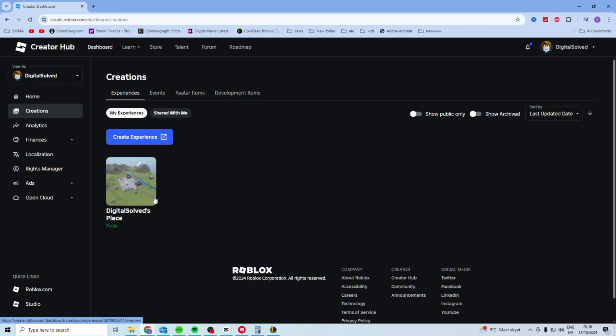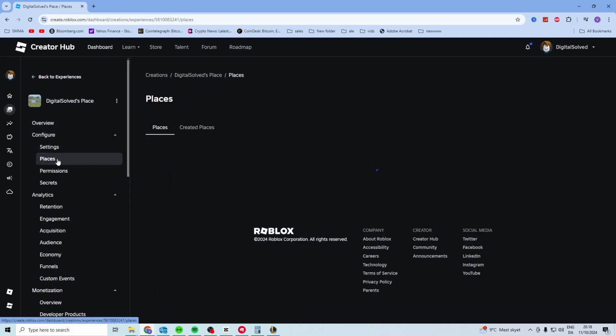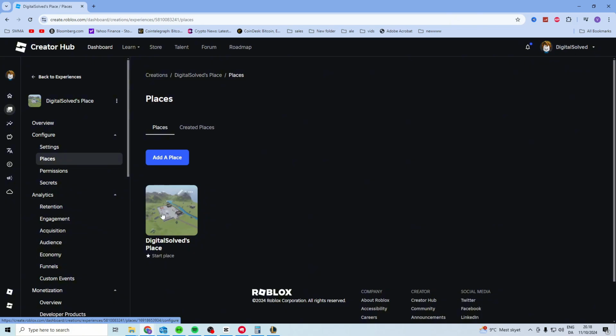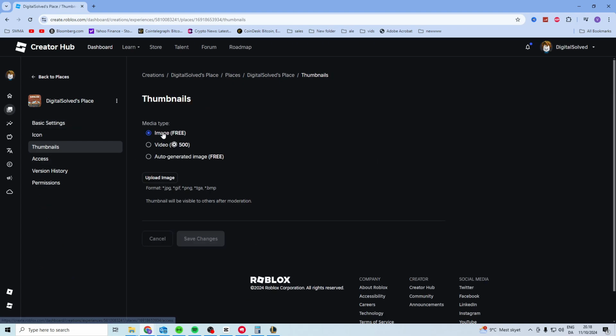see your place. From in here, click on your place, go to the left side and find places. Select your place again, or you can create a new one. And then once you're in here, what you want to do is go to thumbnails, choose image, unless you want to do a video, which costs some Robux, but you can choose image and then simply click